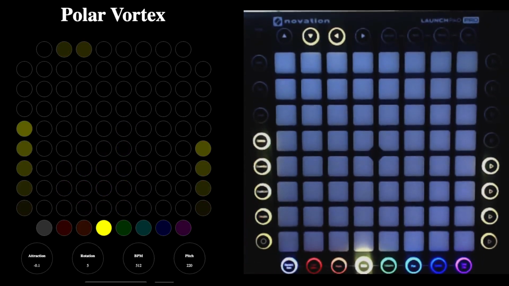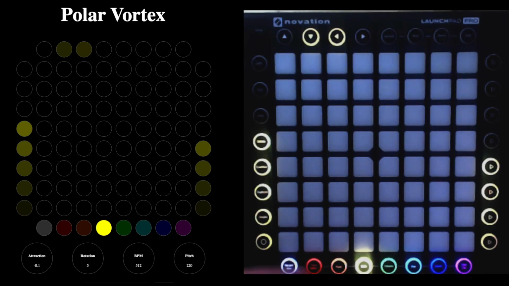The only ones that stay a different color are the color controls, so that you can see which color you're switching to, and I also kind of changed the intensity so that the selected color is brighter. It's hard to film because it's so bright that you have trouble getting the range, but anyway, you get the idea. And so this keeps most of the bits that I liked about the previous arrangement,